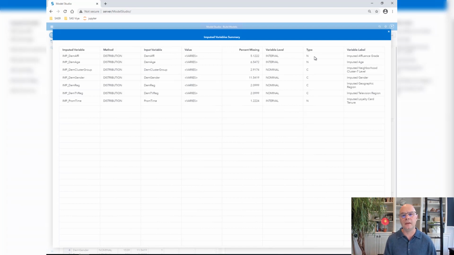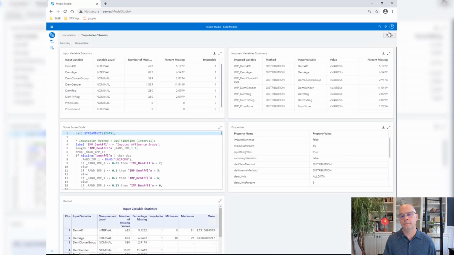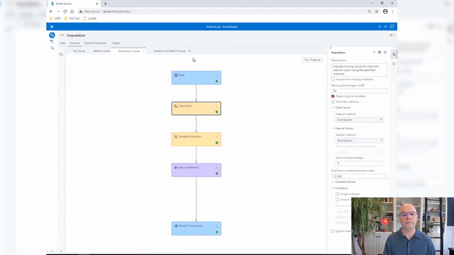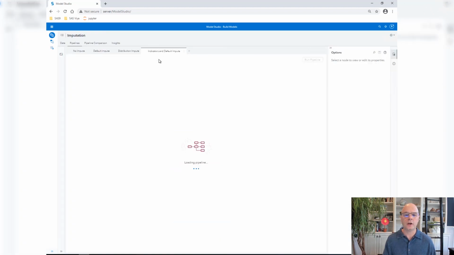All variables are being imputed with a distributional approach. Notice the value column. For each variable, it says varies because we're grabbing different values out of that hat of observed values every time we're imputing. That means we're going to get different values when we impute. Let me restore that plot, close the results,